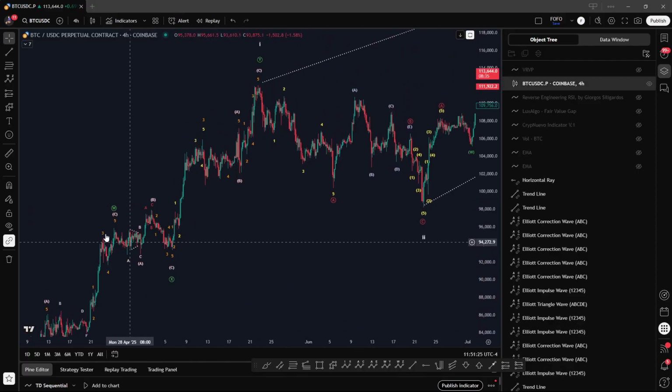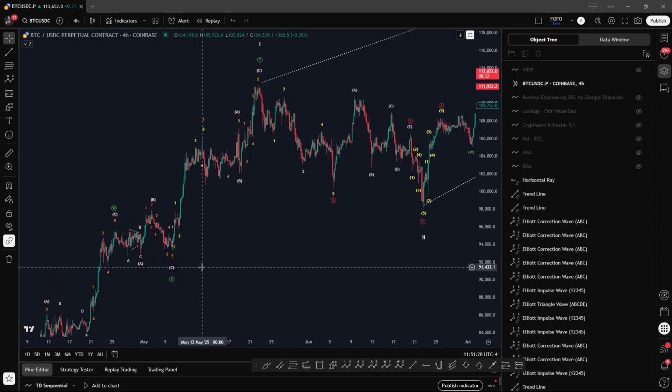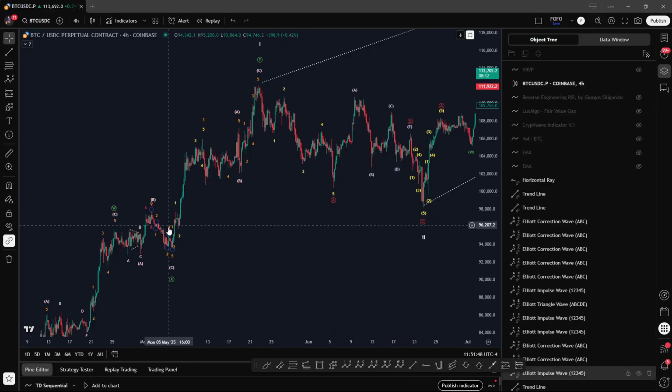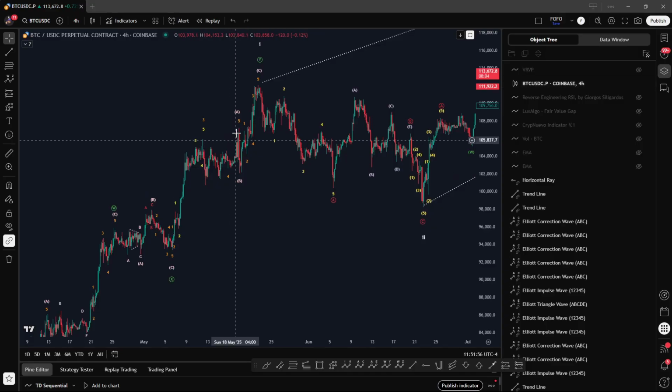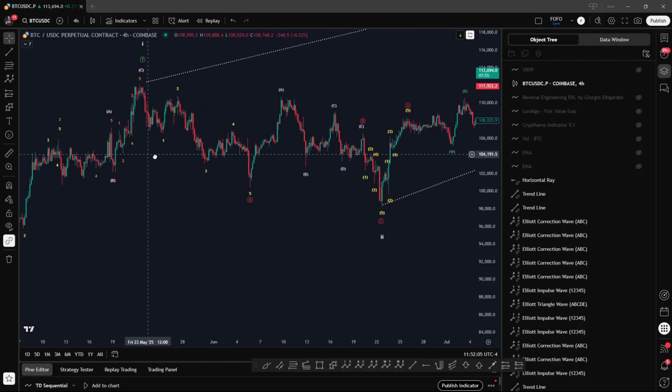Now we have, remember that's the W and that's the X, and now we have to have another simple zigzag as Y. Cannot be a double or triple zigzag, it has to be simple. Anything that is W or Y must be simple, 5, 3, 5, okay? So we have an impulse, 1, 2, 3, 4, 5. That is a third wave extension of a bigger impulse, so we have 1, 2, 1, 2, 3, 4, 3, triangle 4, 5. That's your A wave. Quick zigzag for your B wave, and then a